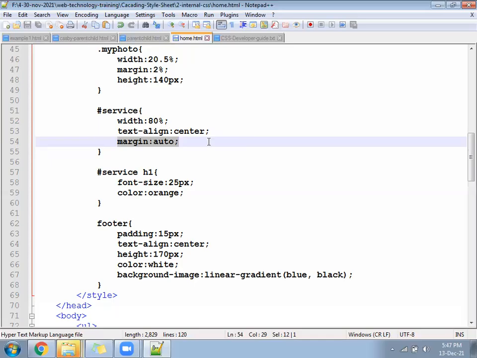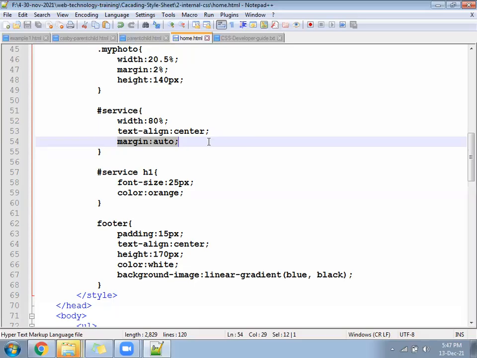The block will be on the left, but your text will be in the center.